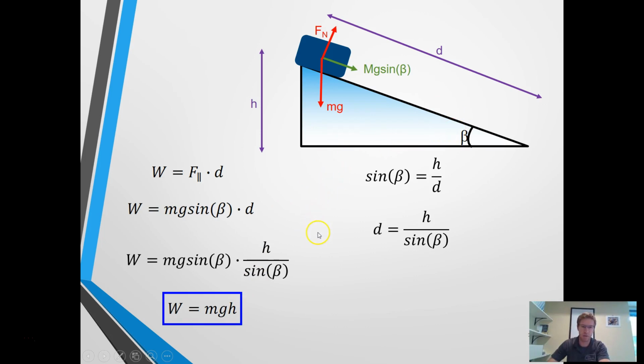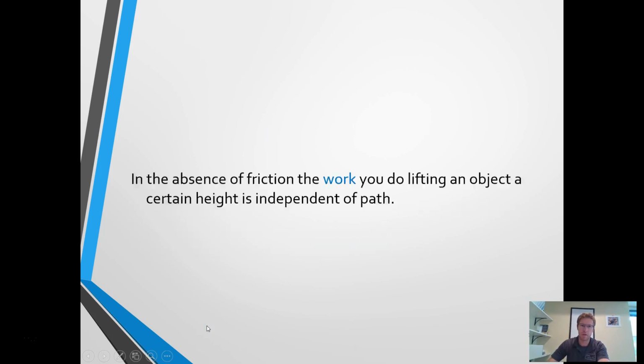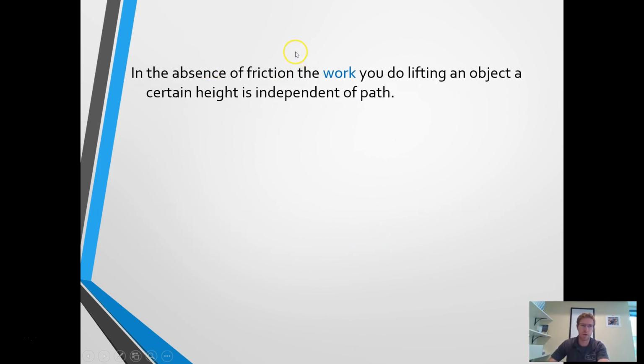So what we just found, and we'll talk about in more detail as we go on, is that in the absence of friction, in the absence of any what we are going to define later as a non-conservative force, the work being done on the object is independent of the path that it takes. So you can either have this package move straight down a distance of h or go down this long ramp a distance of d while only moving a vertical distance of h, and you get the same amount of work being done. So in the absence of friction or other non-conservative forces, the work done on an object is independent